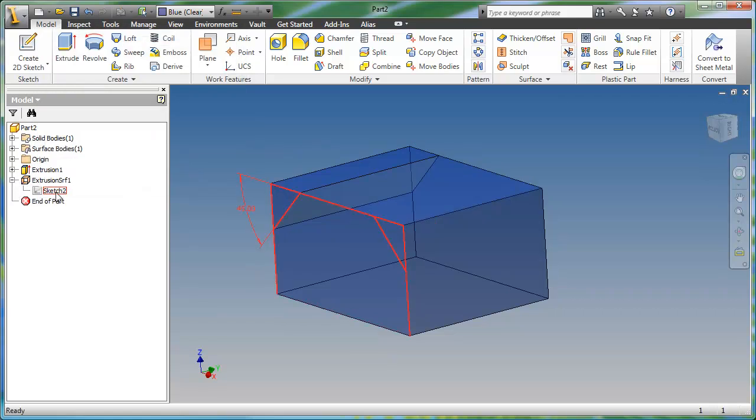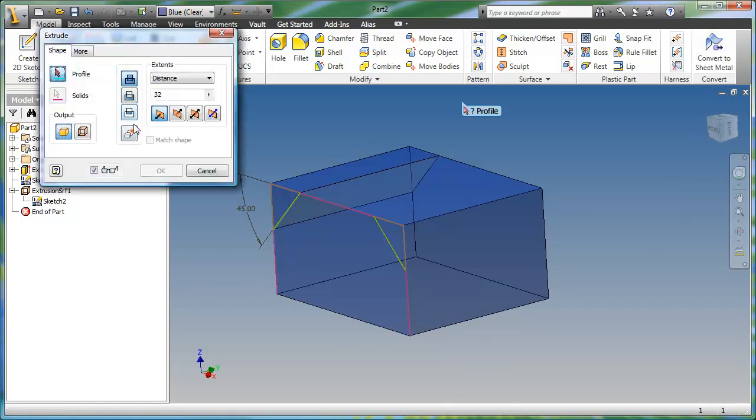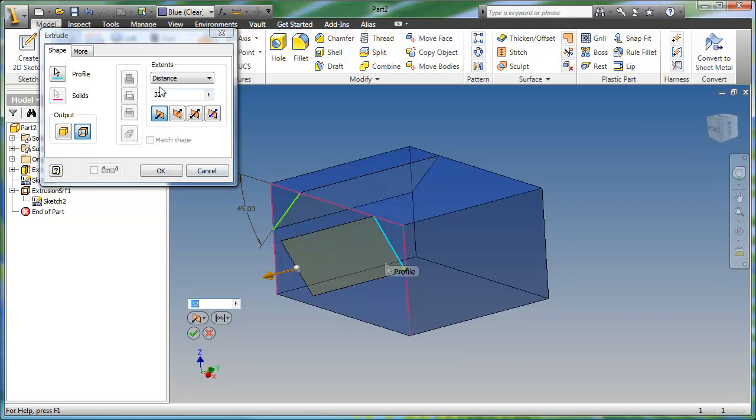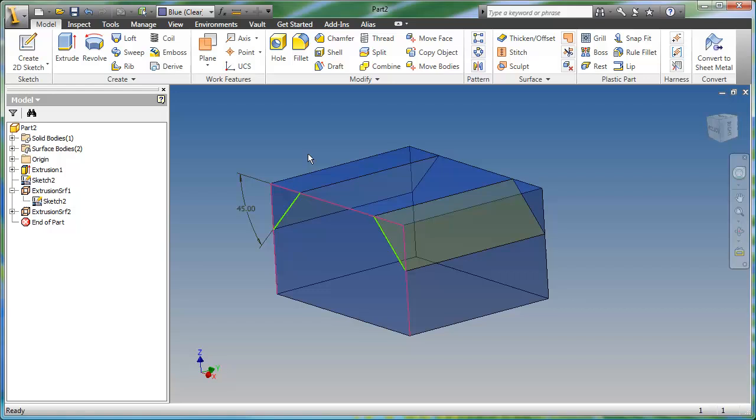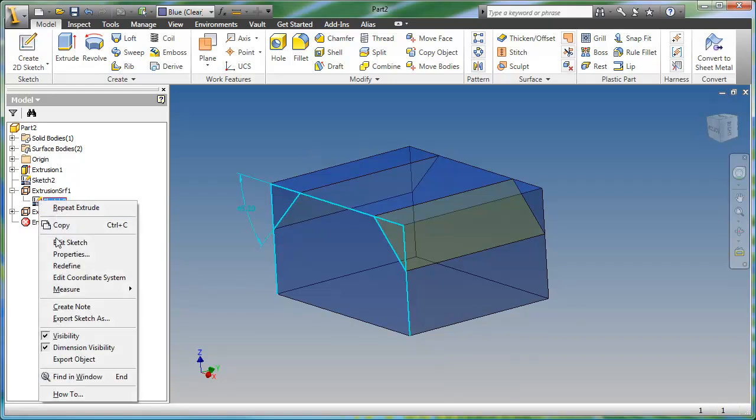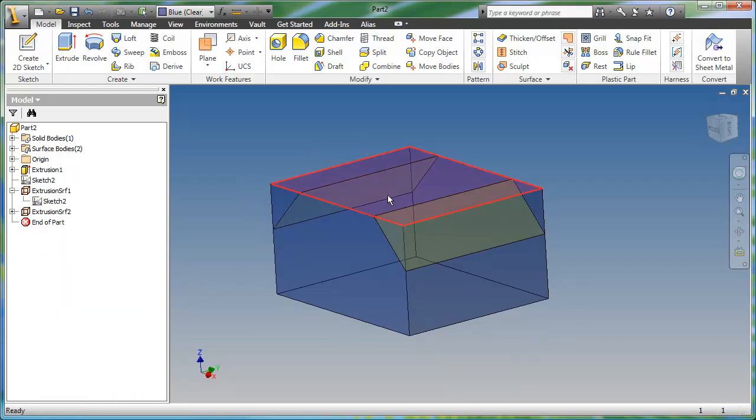I want to use that sketch again, so I'm going to right click on the sketch, share the sketch, and we'll do one more extrude. It's going to be another surface to that back face and hit OK. Next I'll go ahead and turn off that sketch, and I want to go ahead and sketch a little bit